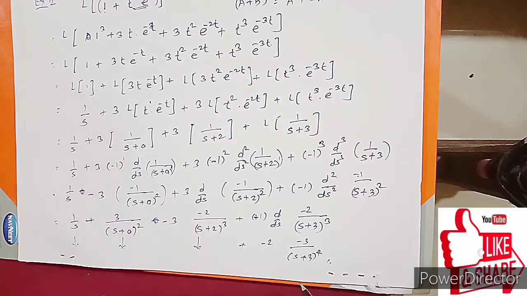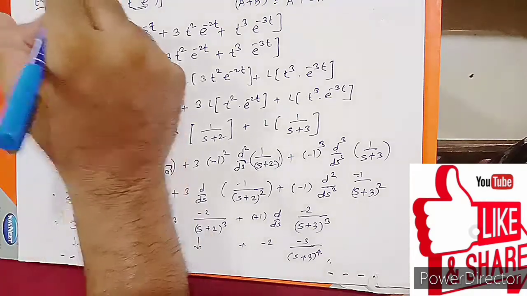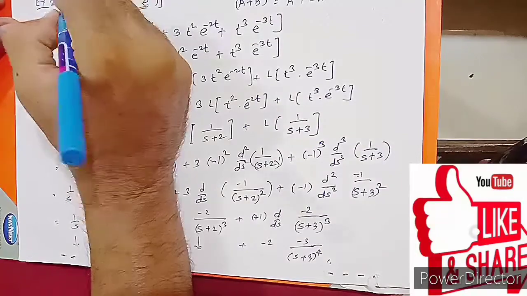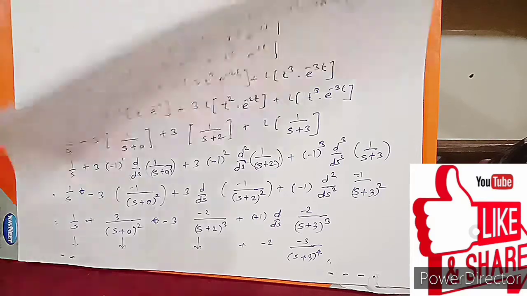Just copy all the steps, and only the final step has changes, that is, we are applying the last derivative. At the denominator side the power is 3, so we put minus 3 at the numerator and increase the power of the denominator by 1. Okay, so this is our most important question. That question is asked in the final exam, and lots of students have difficulty with this numerical.